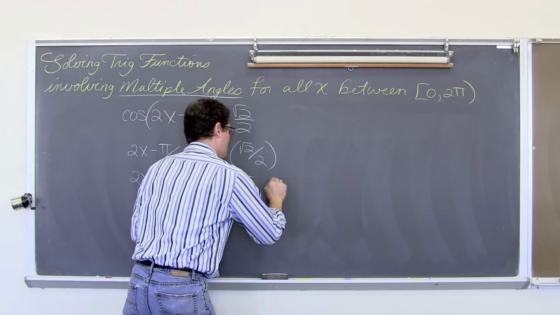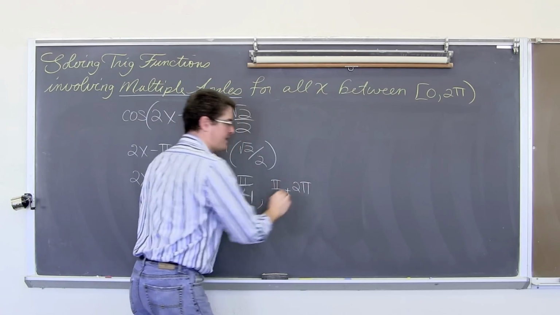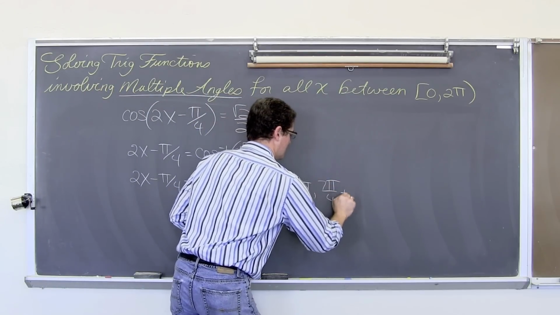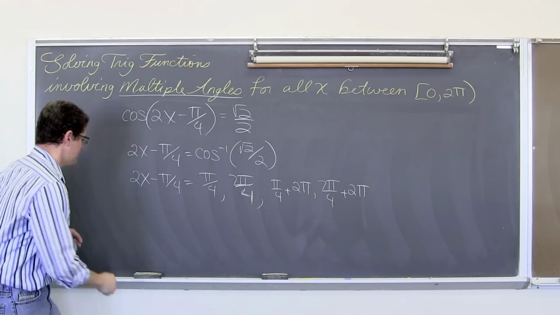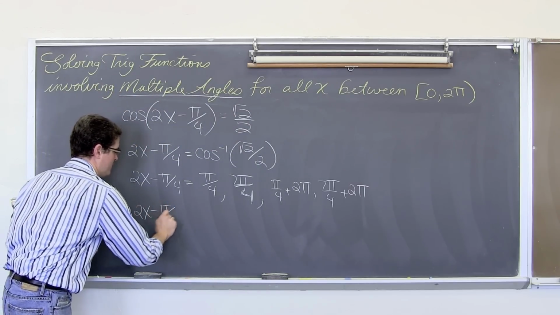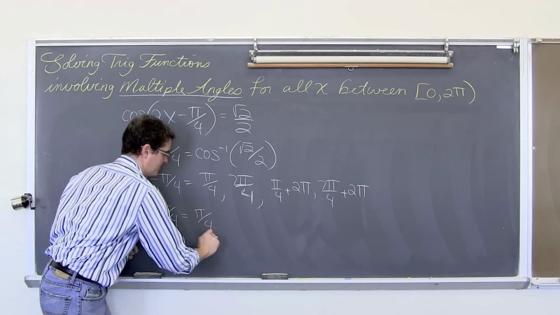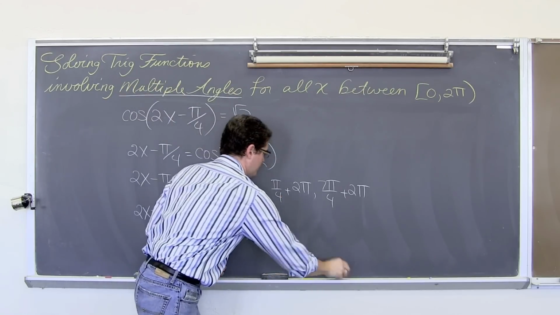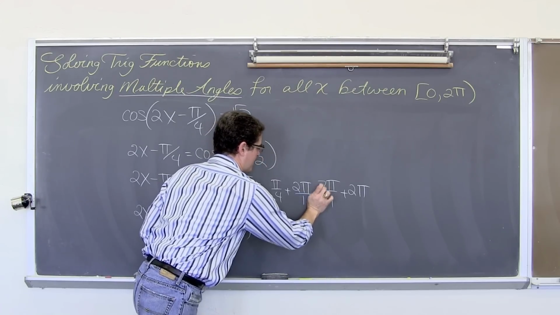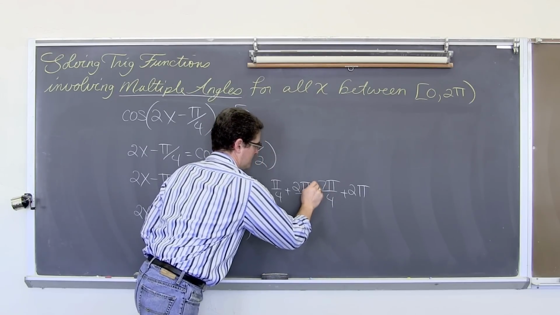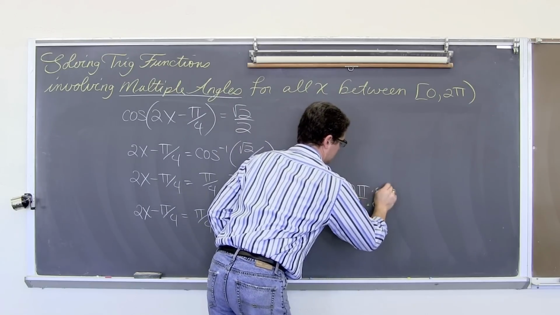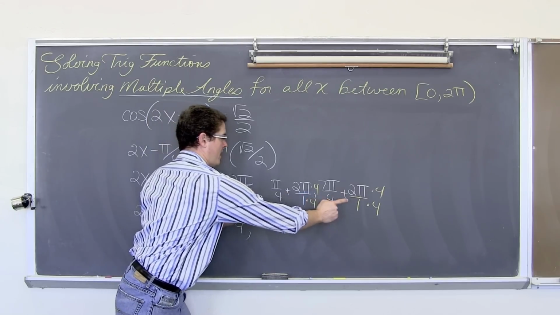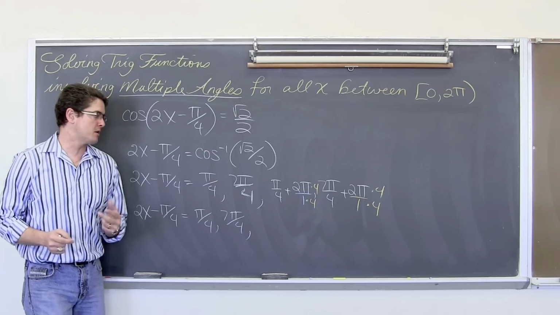How about pi over 4 plus 2 pi to get that next rotation in? And 7 pi over 4 plus 2 pi. So that's going to give us 2x minus pi over 4 equals pi over 4, 7 pi over 4. Find a common denominator here, just showing you some other ways to work these out. And again, just reemphasizing that, when you go one full rotation away, that's the idea of coterminal angles. Those are when the trig functions are equal.